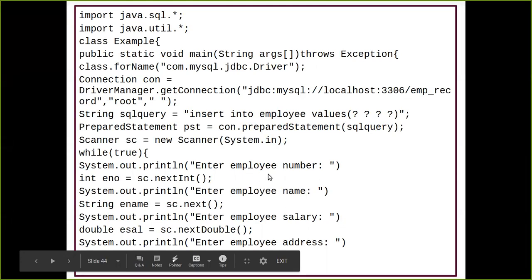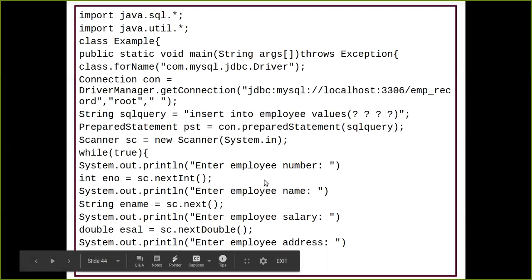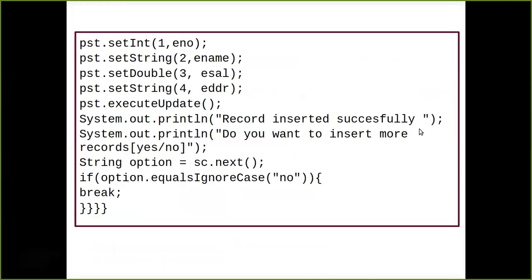So the first value logically, it is going to get to my first question mark, that is your first column. Okay. Second, the value which I have fetched, it is going to get for the second question mark. Like that way it is going to work. Fine. So till here, I hope you have understood. Okay, now the next part, what is saying? I have a prepared statement class or prepared statement interface. Okay, so that object name which I have given is what?